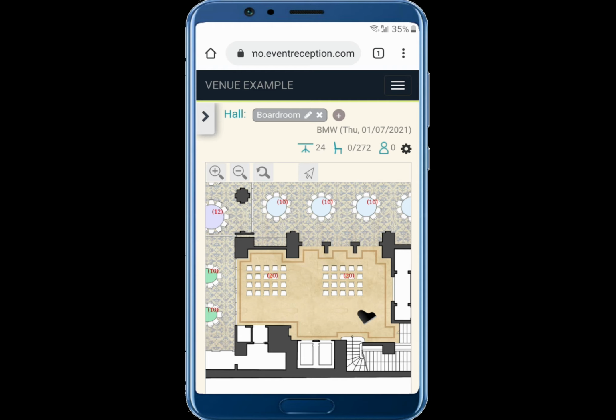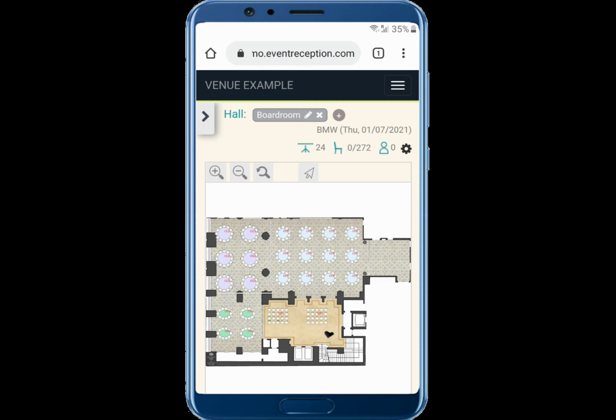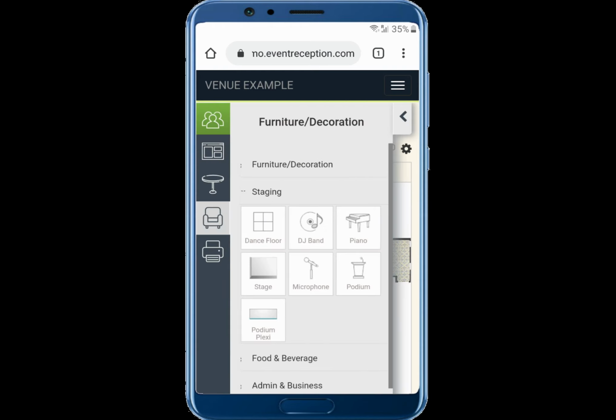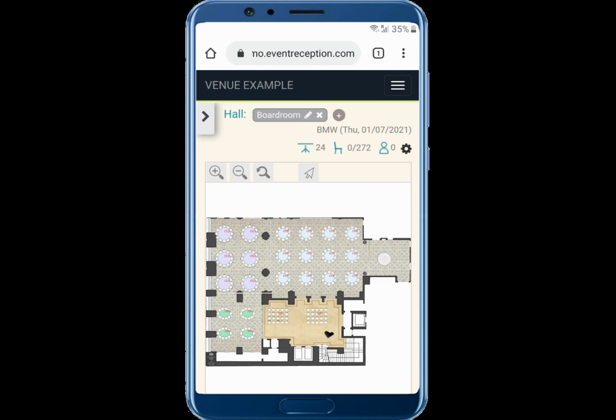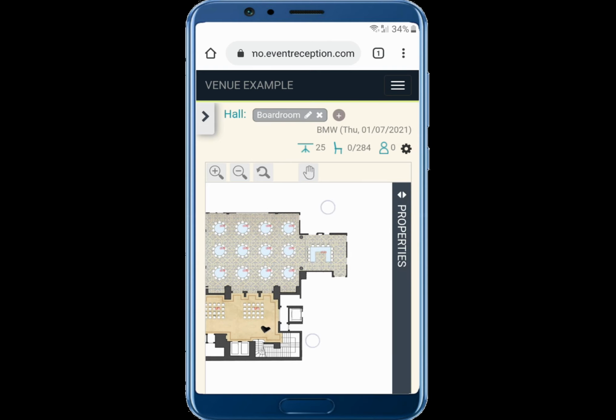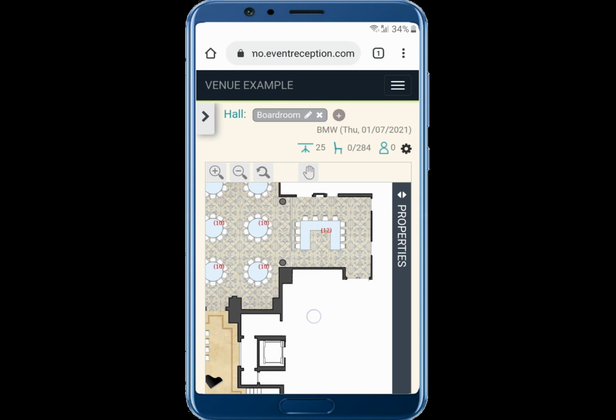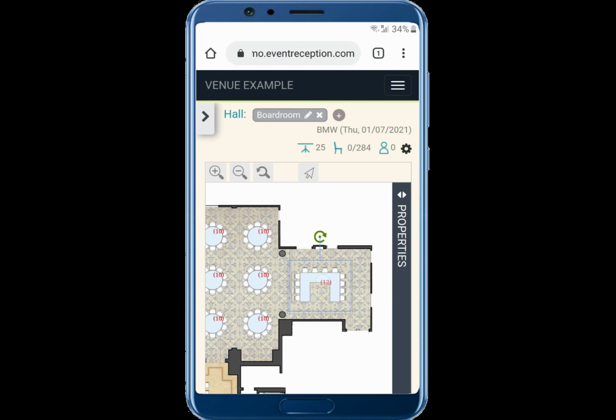Tap to reset zoom and look at the whole floor plan again. All we're missing is a U-table at the top right of the floor plan, so tap to select it and place it in the floor plan. Move the floor plan a little bit and zoom in to easily use the turn handle to turn the U-table manually.